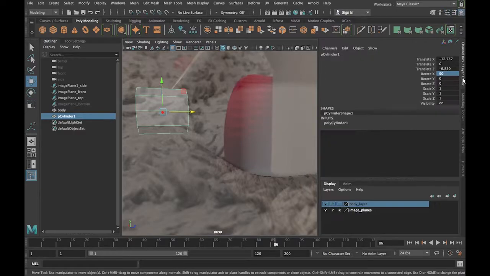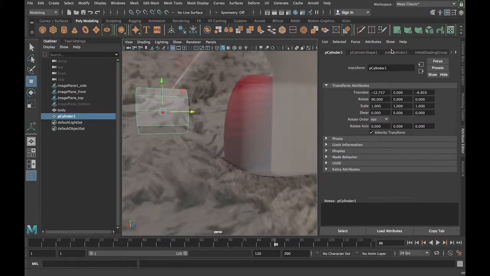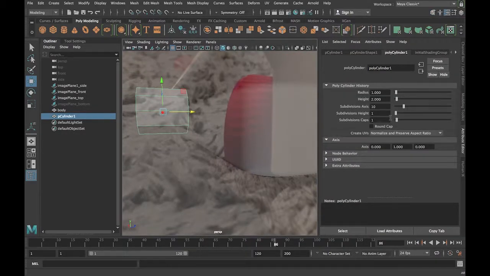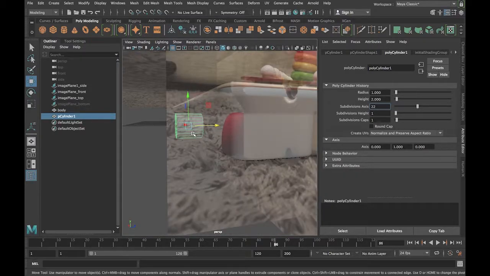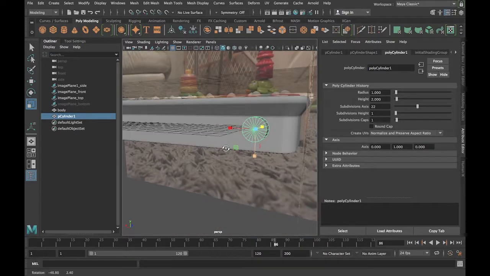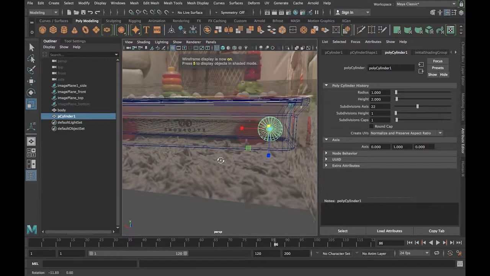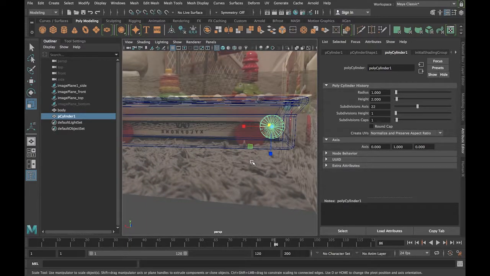And so I'm going to go to my attribute editor, and under polycylinder, I'm going to be able to increase that. And I'm going to kind of just eyeball it, what I think looks about as often as you see these treads. So I think maybe 22 is pretty good. And now I'm going to just scale this to the right size. Click off of that. Scale this down. Go ahead and work in wireframe mode so I can look from the side and see what scale this is. It might not be a bad idea to snap this to point again, just to snap it along the edge of this,